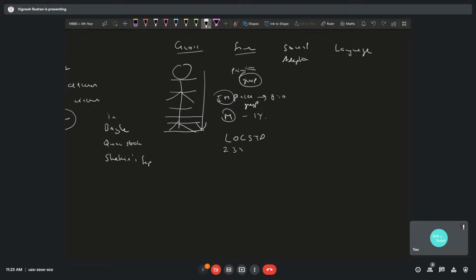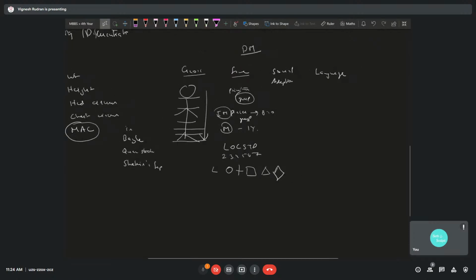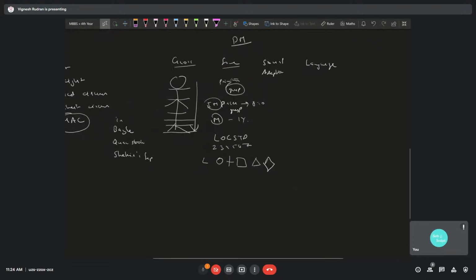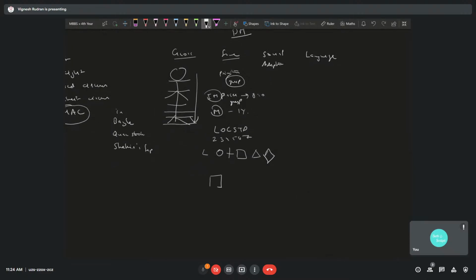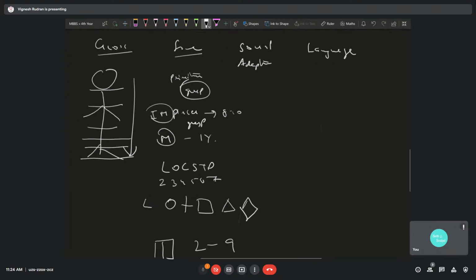So 2, 3, 4, 5, 6, 7. Just put that over there. So two line, three circle, four cross, five square, six triangle, and then seven diamond. So those are all your fine motor findings over there. Okay, and then there'll be other things like tower of blocks, building two blocks, and then 9 blocks, then bridge shape. All of those are extra points which you can add for fine motor skills.